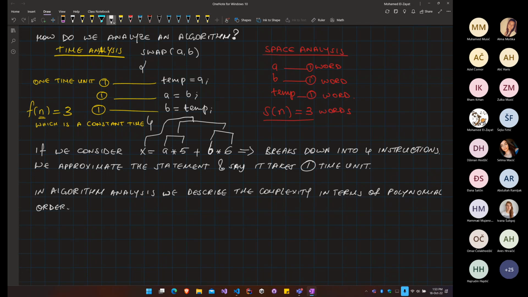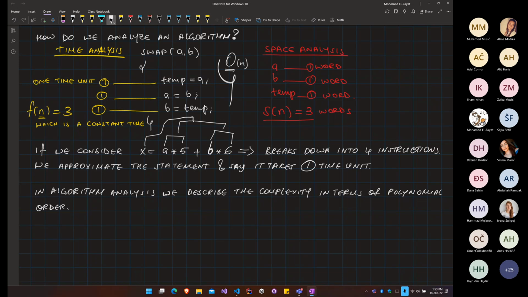Meaning that when I look at this, it will take execution time O of 1, where O is called the polynomial order. Everybody on the internet will say big O,